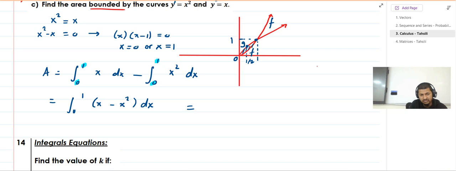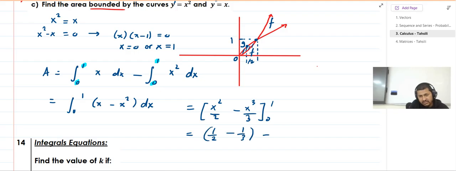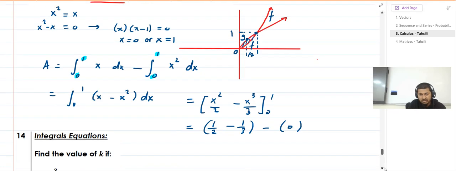Otherwise, if you do this, much better. Now we have x squared over 2, integrating this you will get negative x cubed over 3, because there's no constants here, right? And from 0 to 1, if I substitute 1 inside here, I will get half minus 1/3, and subtract 0, because if I substitute 0, I will get 0. Now simplifying this,